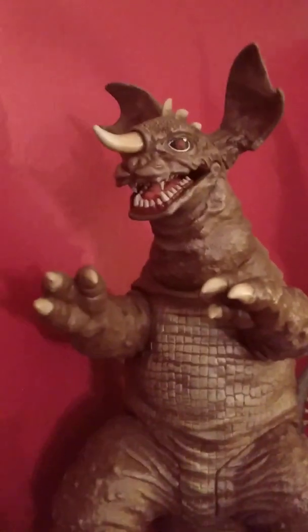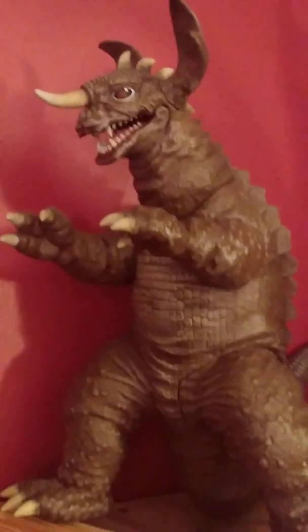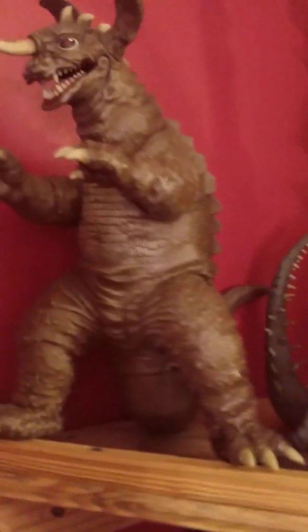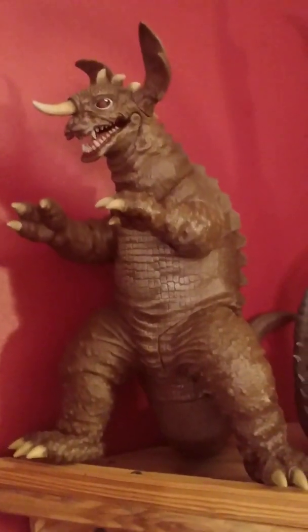Love this guy. This is what got me back into the suit accurate stuff. Built and painted this guy, and had a lot of fun with it. And it got me going again. And ordered the X Plus and more kits. And yeah, the rest is history. But we got